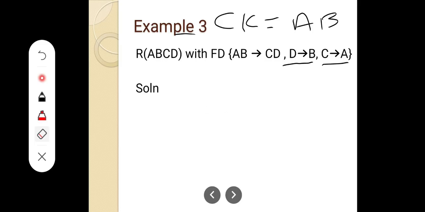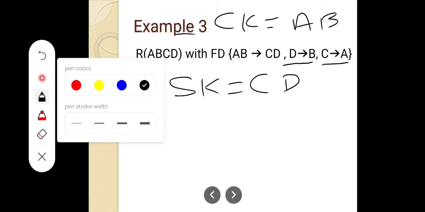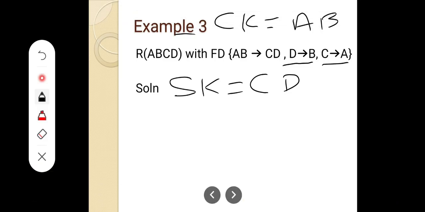In the exam, you should not write it cut short like this, you need all the steps. Okay, so the new super key will be CD. Clear? You just check whether this C and D is candidate key. That's the next task. Okay, how to find? You take the closure. What is the subset of CD? Subset of CD is C and D. So take the closure of C and the closure of D.